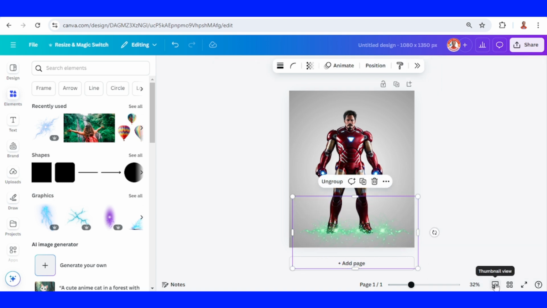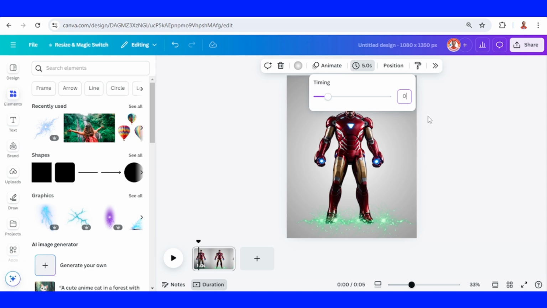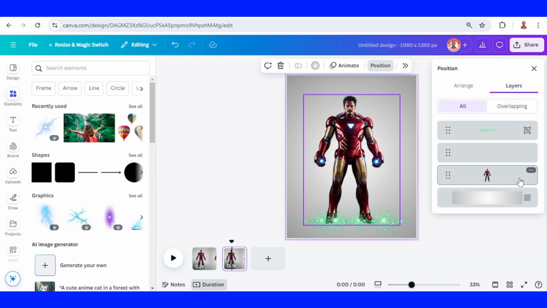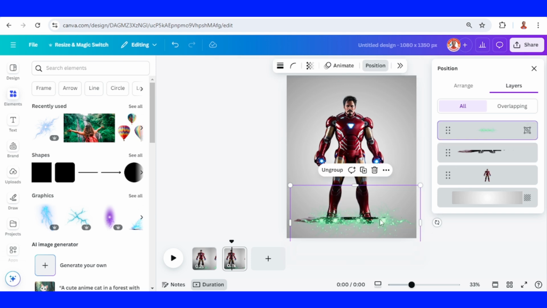Now click this thumbnail view and the duration. Click this number of duration, change to 0.2, enter. And then duplicate, go on page 2, go to position, and then select the Doctor Doom element and crop it to the top like this. Okay, and then select this lightning, move it up to cover the edge of Doctor Doom,